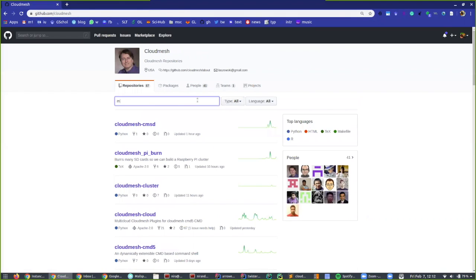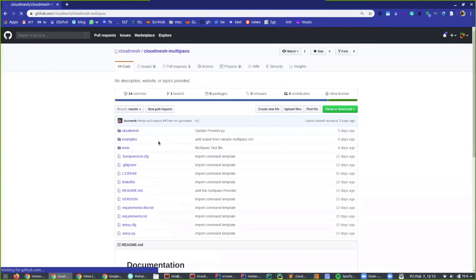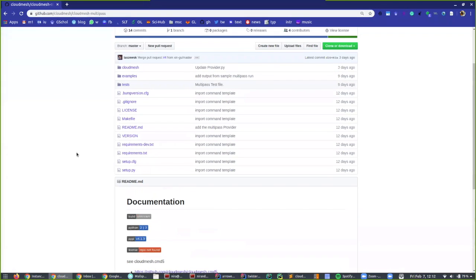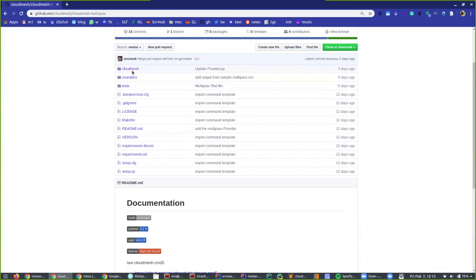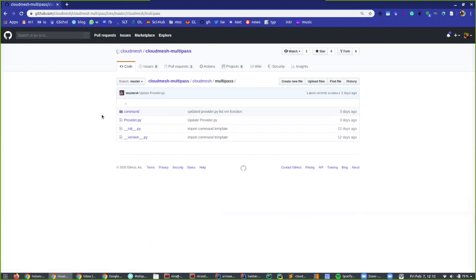We were trying to teach you through multipass because it's the simplest JSON object that we can imagine. If you go in multipass to Cloudmesh, we have the command, and we have a provider that we interface with multipass, and that is what you need to be developing. You also need to integrate this provider into the command. So if you go to the provider,